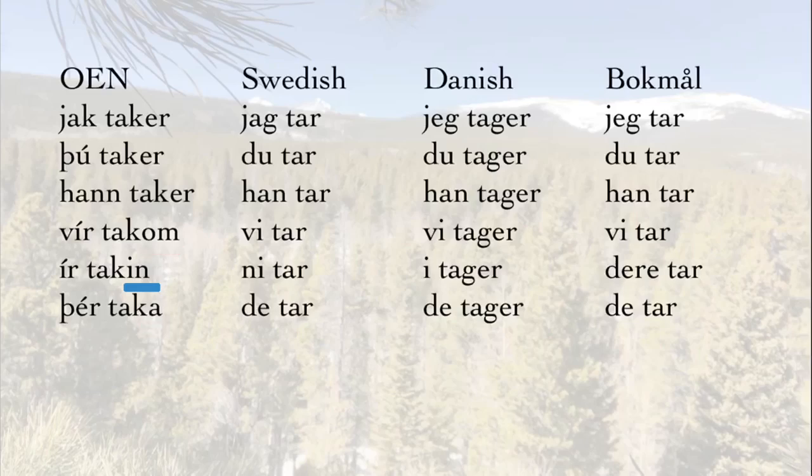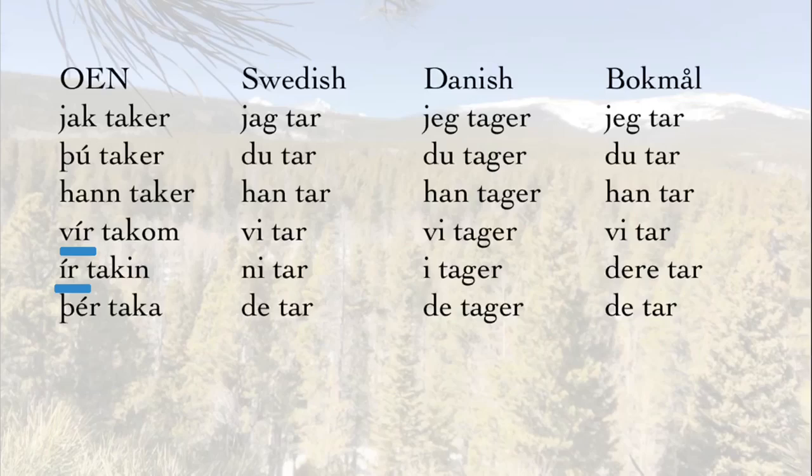Notice also that the words for we and plural you in Old East Norse are different from in Old West Norse, where there is a long I rather than a long e. So Old East Norse vir and ir next to Old West Norse ver and